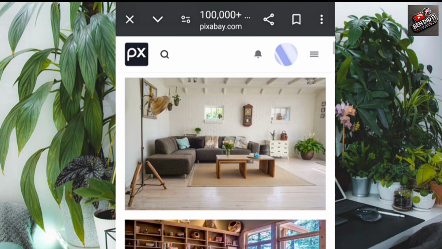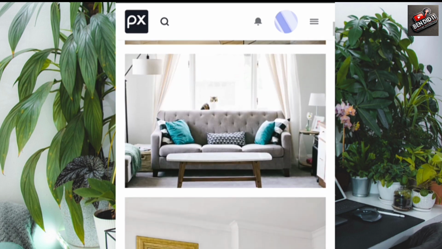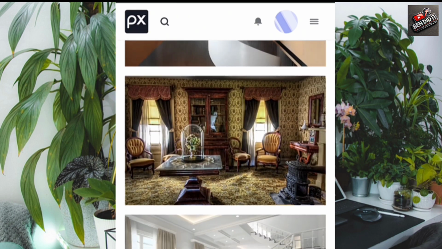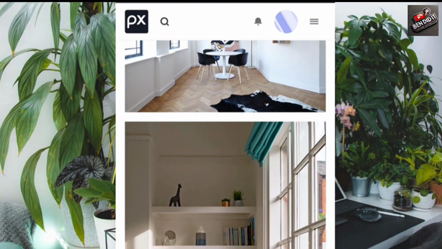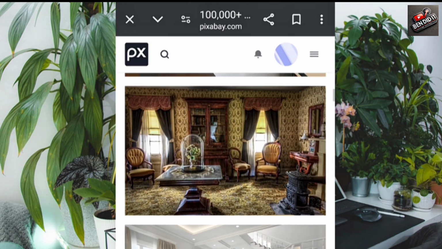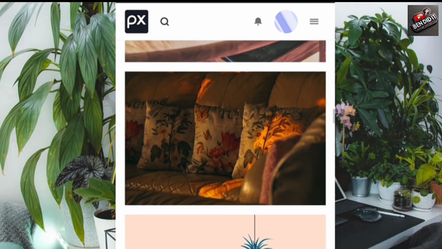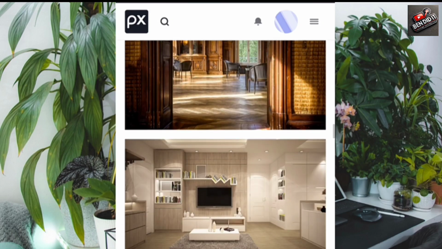And now it will bring lots of living room pics and images. Now you can download whatever image you want, and this is the image that I used in my video. So you can download any image that you want to use.